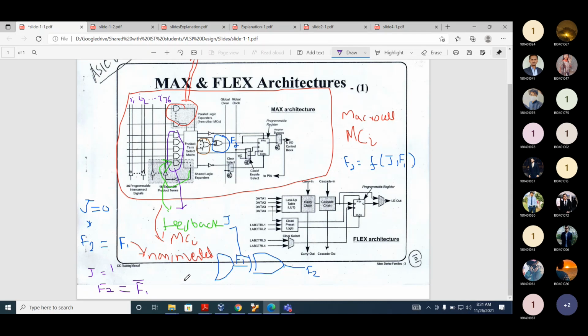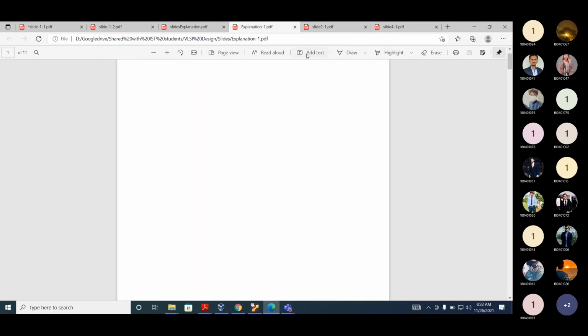So in this explanation, we can implement two types of logic. First, we can implement AND OR logic. For AND OR logic, what will be the value of J? 0.